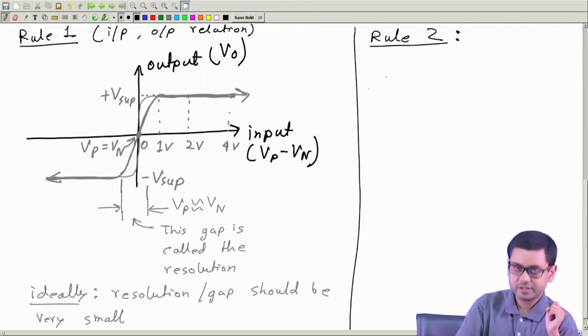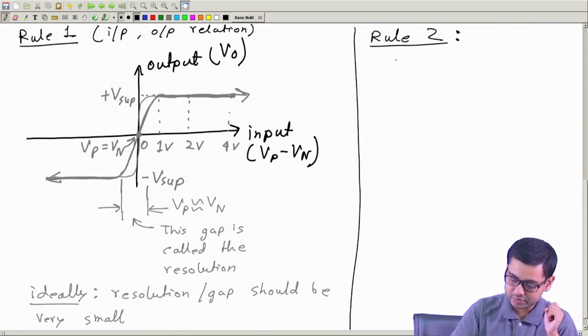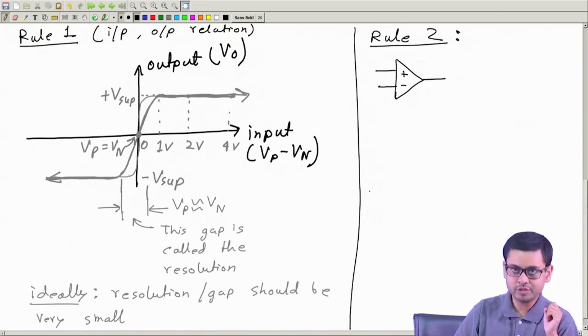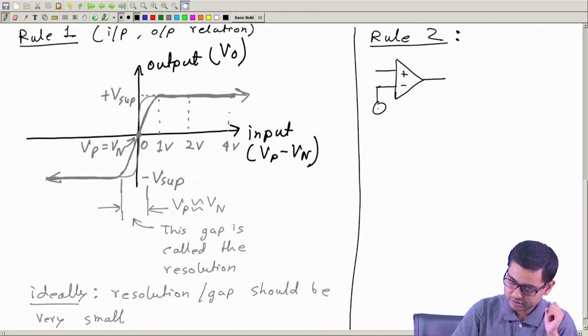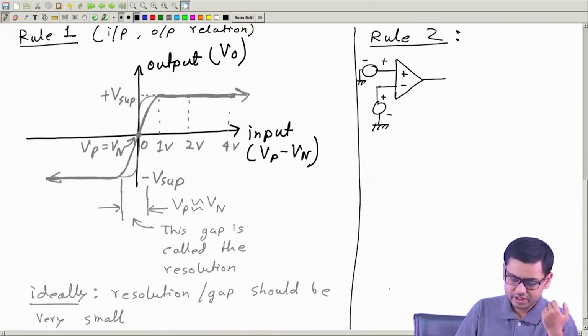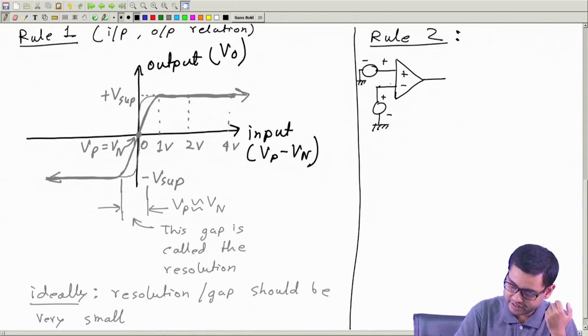Rule 2 says that this is my op amp, plus and minus are the two inputs. Now I can connect these two inputs to any voltage source, this also to any voltage source, like this. The rule 2 says this current, call it IN,